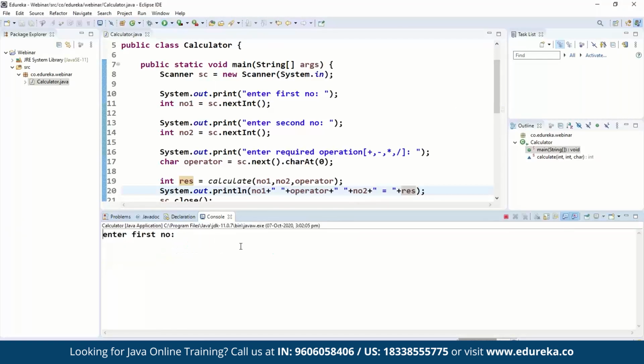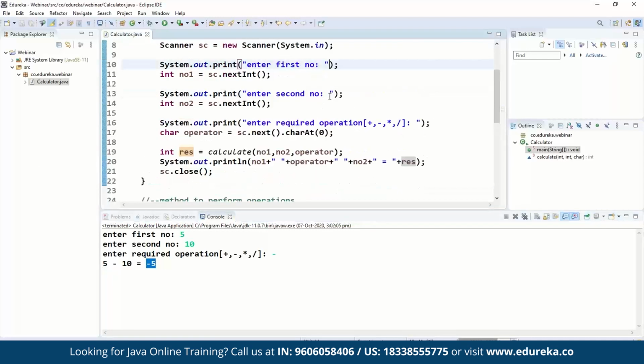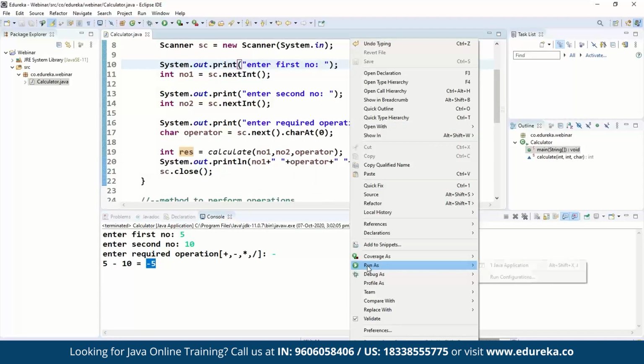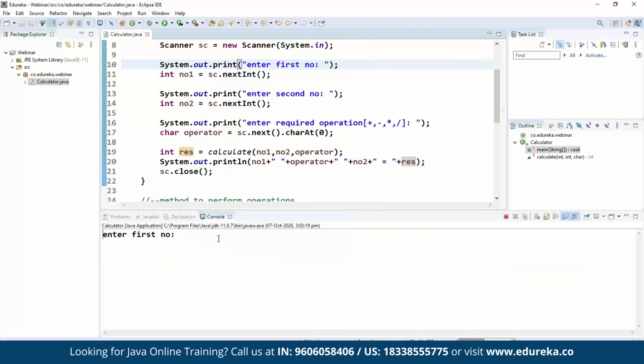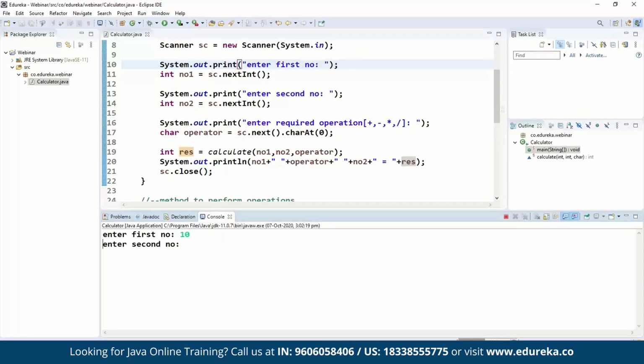So run this. The first number 5. The second number 10. And we provide minus. What are we getting? 5 minus 10 equal to minus 5. So this is the program. But one thing you need to know. So run as Java application. I'll enter a number 10. The second number 8. And I just provide something like